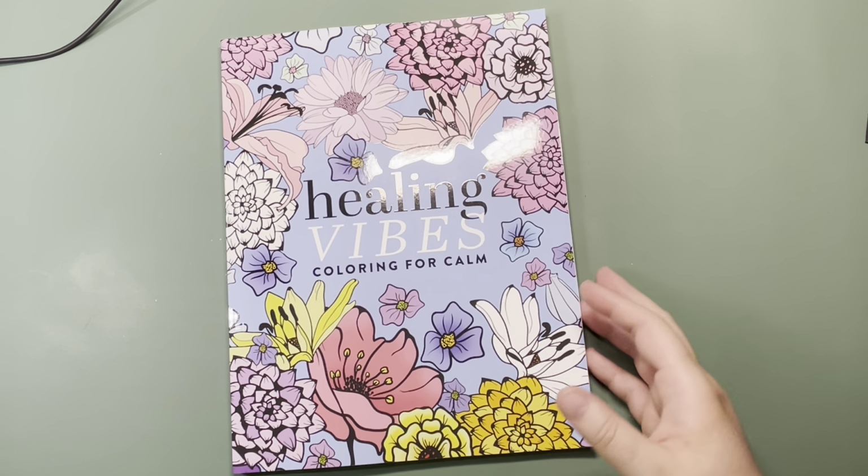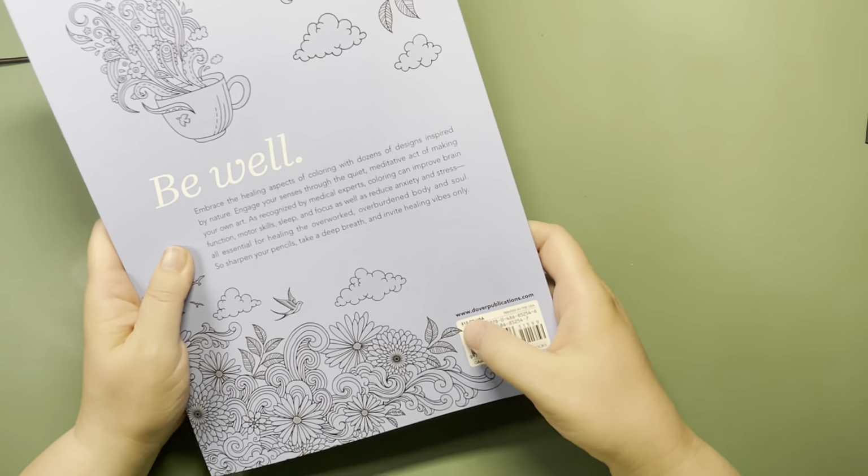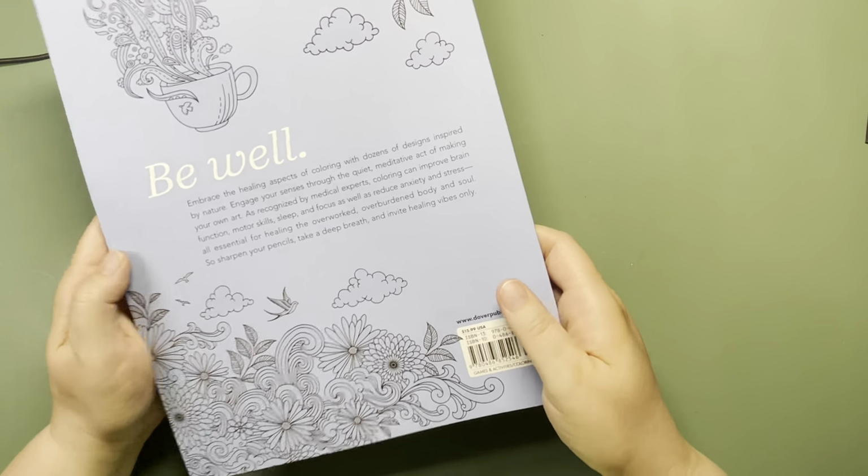Okay. Last one is Healing Vibes, Coloring for Calm. I saw this at Michael's, and then I ended up ordering it off of Amazon because it was cheaper. This says it's by Dover Publications. Right there, it says Dover Publications. It seems like an odd book for Dover Publications, but